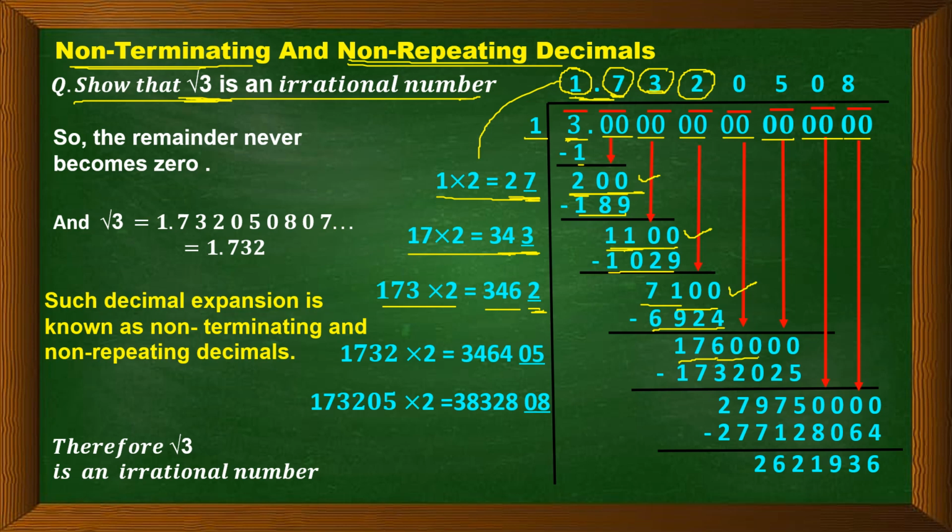Now when you bring down 0, 0, this is the new dividend. Now the new divisor will be 1732 multiplied by 2, we will get 3464. Now if you observe, even if we put 1 over here, it will be more than this 17600. That means it is not divisible. So we will put 0, and again we will put 0 in the quotient, and think of the next number, that is 5 we can think of. So 5 again we will put over here in the quotient. So 05 you can say, we will be multiplying by 05.